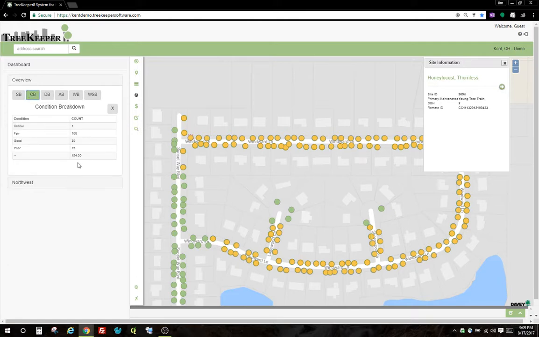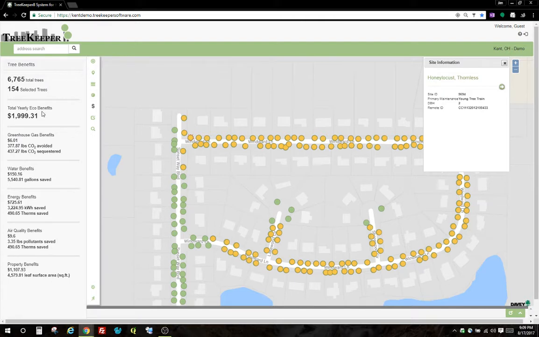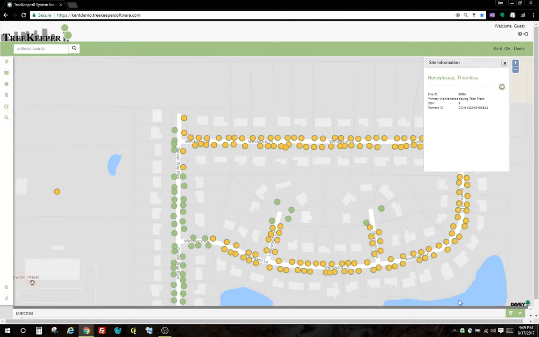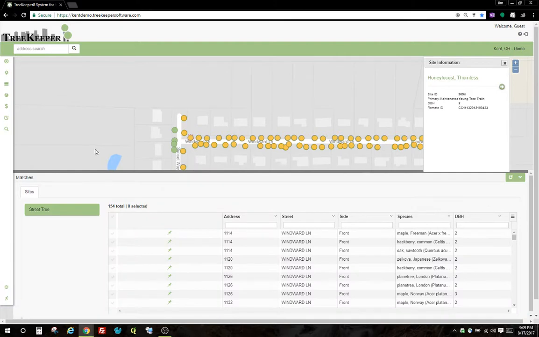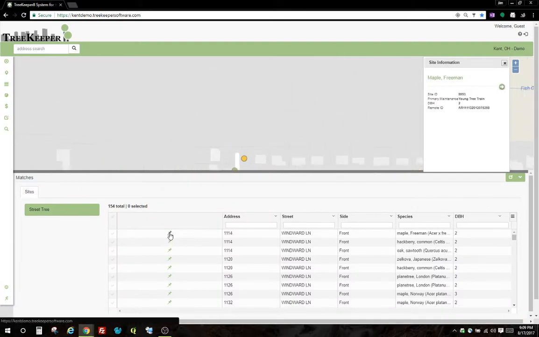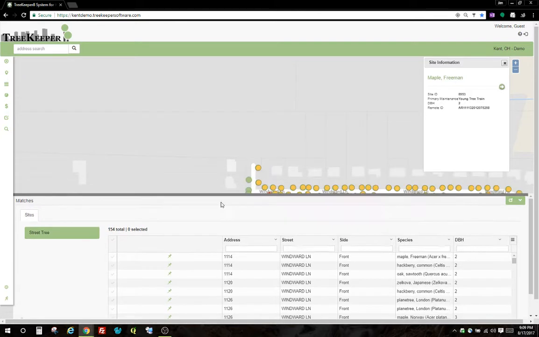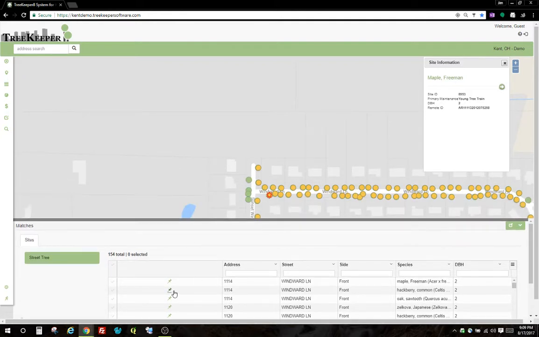So I can see, for example, the condition here of these 154 trees, or I can switch to the benefit and I can see that there's 54 trees selected, and these are the benefits just for those trees. In the site matches screen, I will also see I have a total of 154 trees,